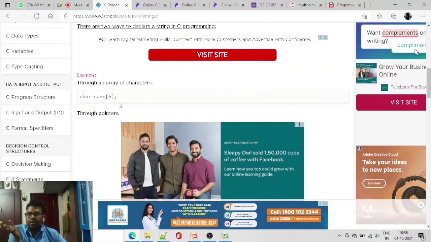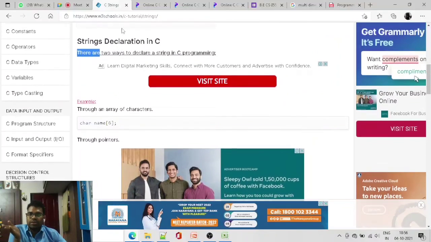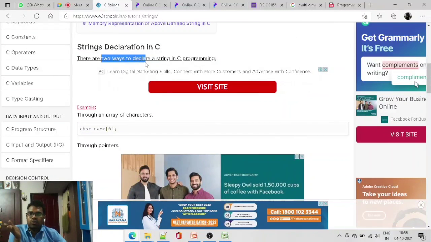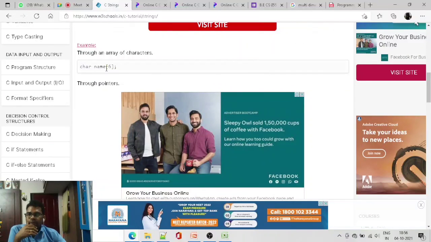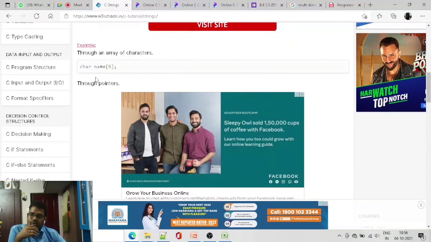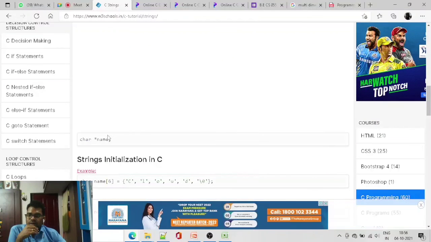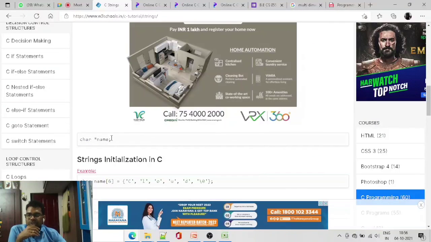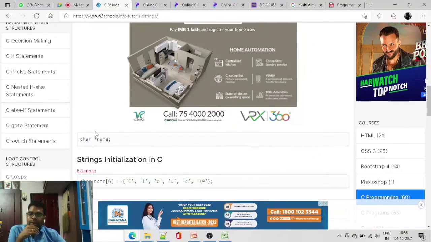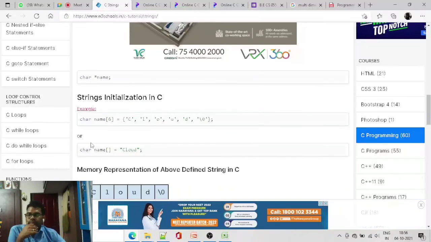So for declaring a string, there are two ways to declare a string in C programming. Char name of 6 is one way to declare a string, and the next one is char star name, where we use pointers to get the string.